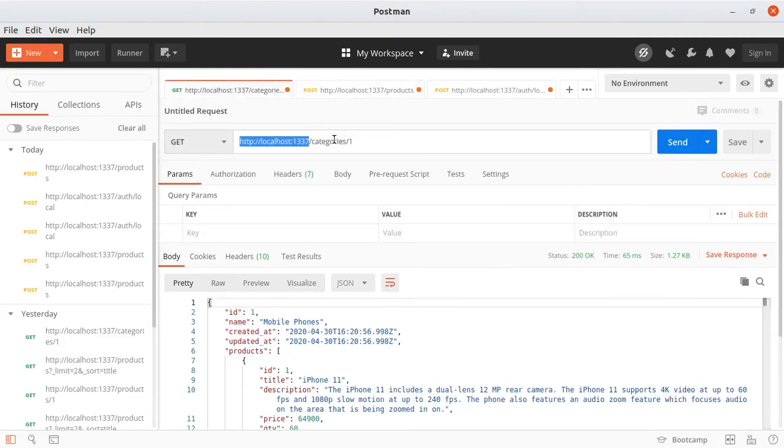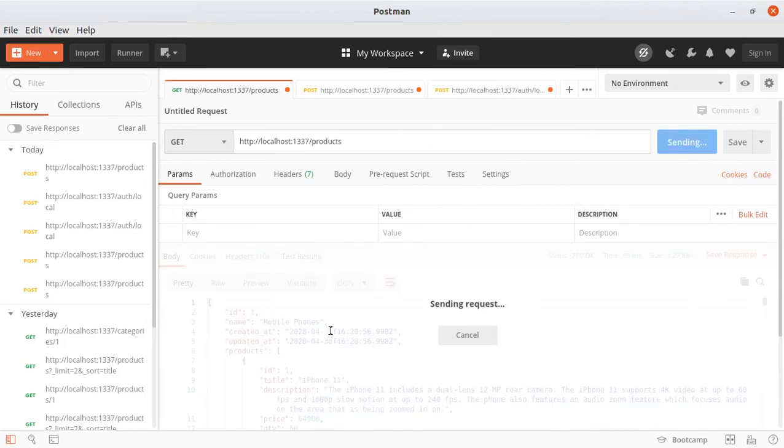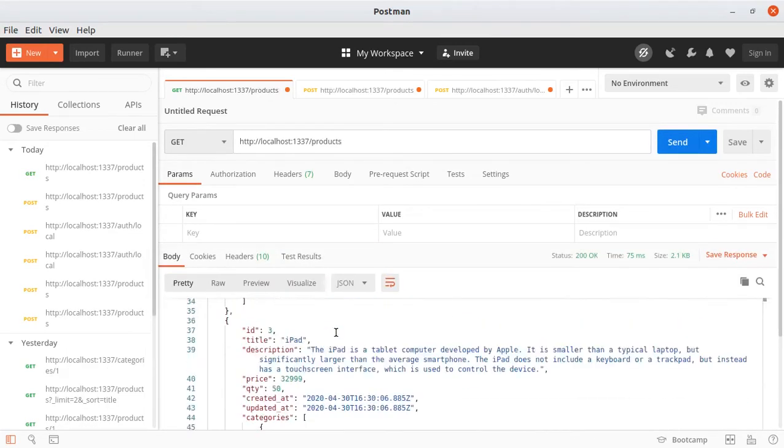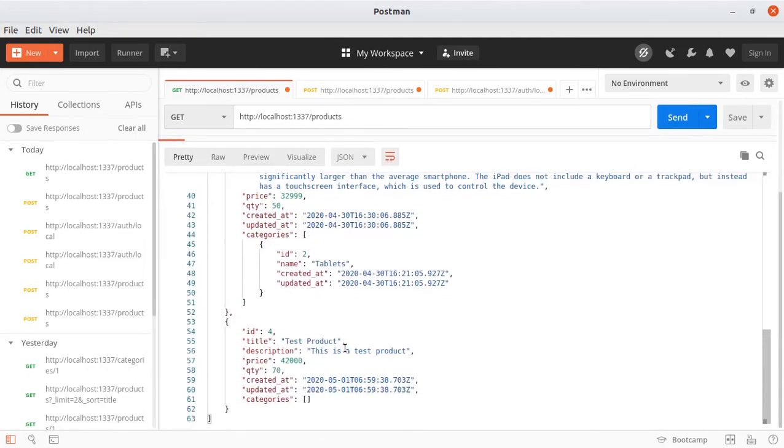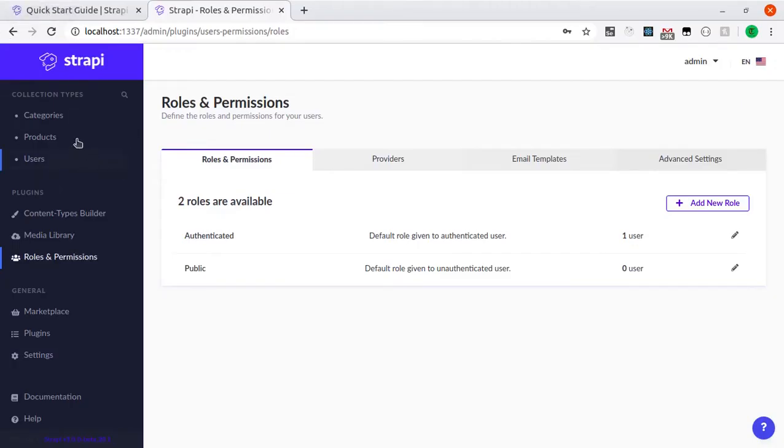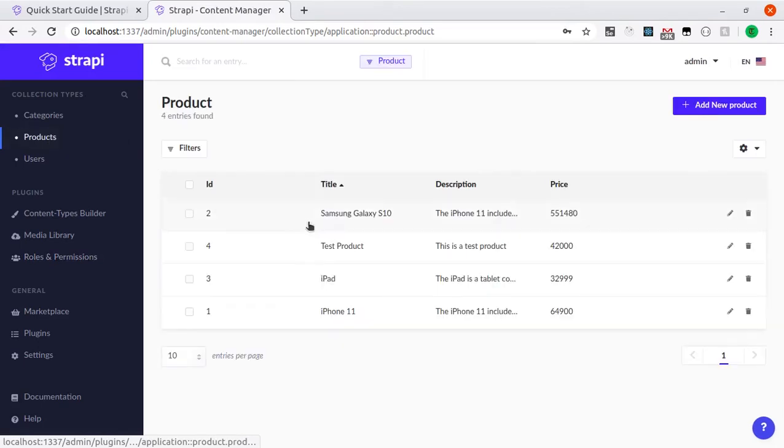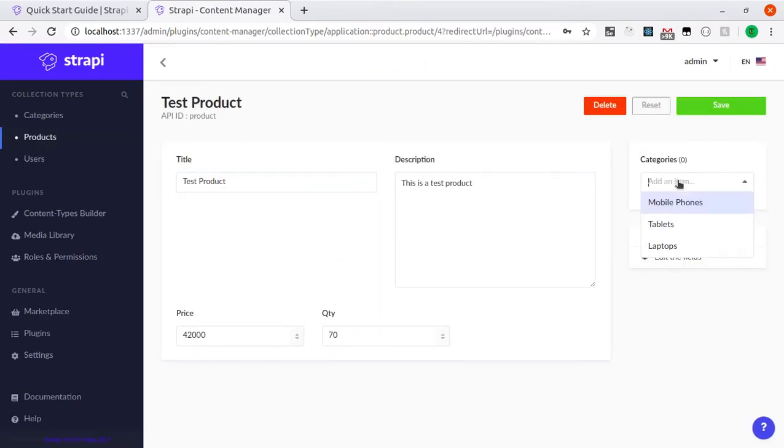If we make a get request to /products, we should see right here, we see our new test product. If we go back to our admin area to products, we should see it here as well, and we can even edit it. We can add a category to it, put this in laptops. We can change some fields here if we want.